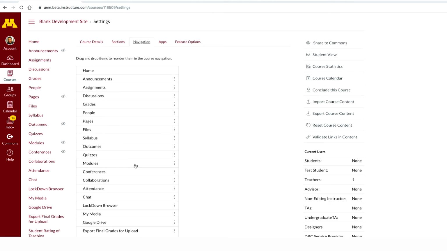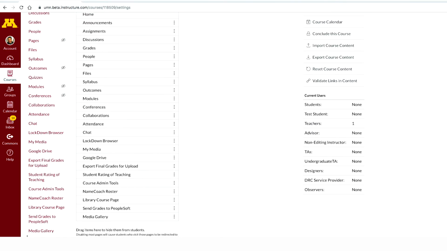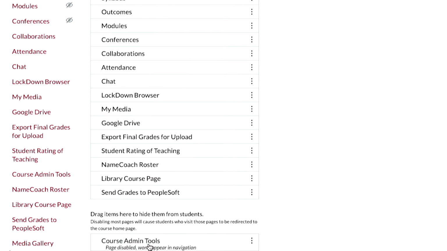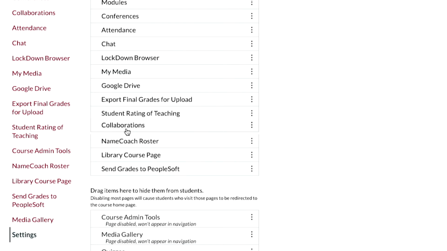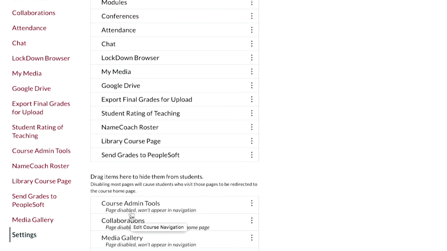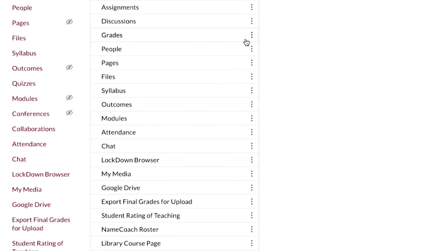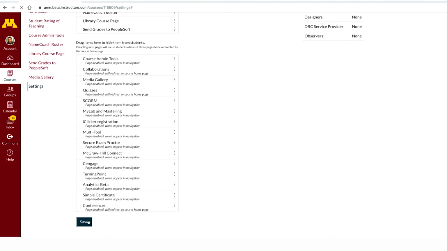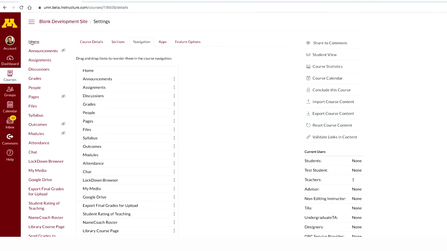So for example, I'm going to disable quizzes because I don't want my students to be able to see those. In the media gallery, as I'm dragging those items, they are now below the fold right down here. These are items that I've decided I don't want my students to see. You can also disable or enable right here with this vertical ellipsis. I'm going to disable. You need to remember to save at the very bottom, otherwise none of those items will actually be enabled or disabled.